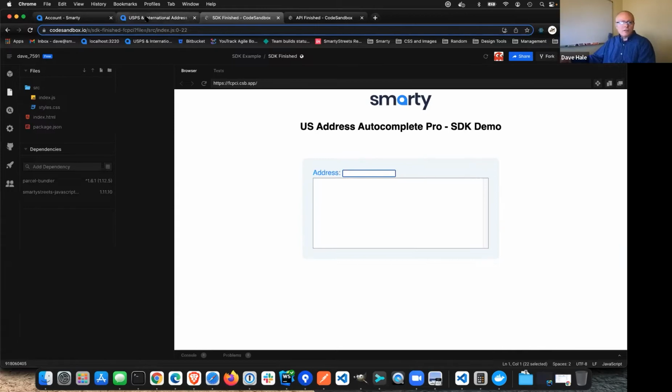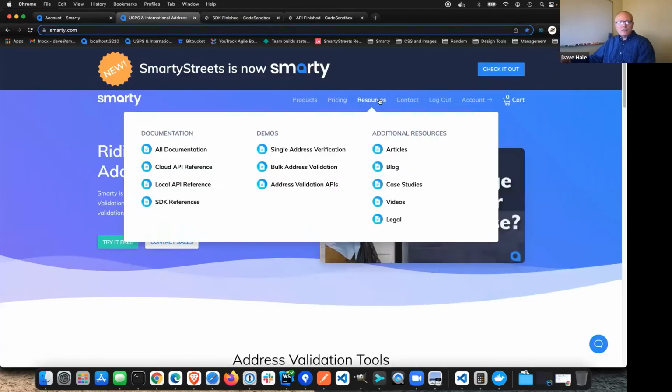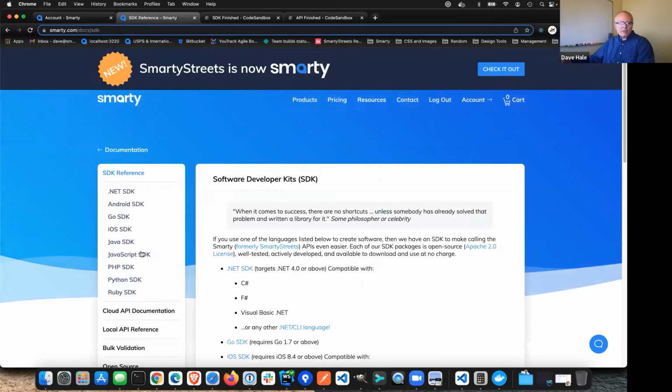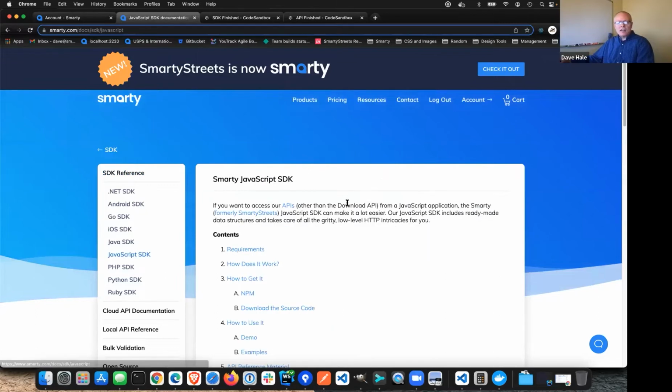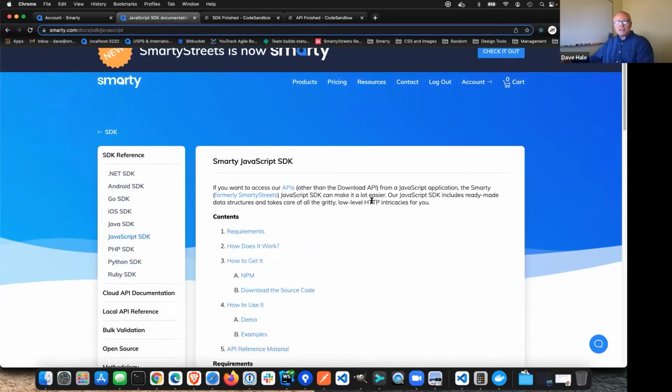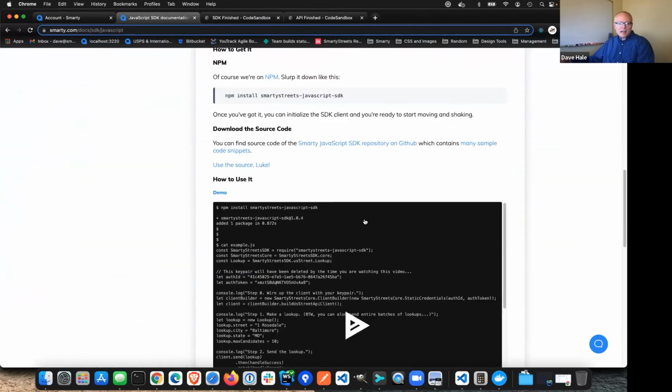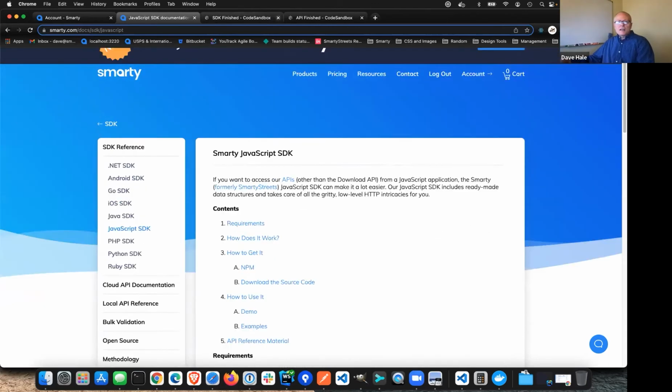Oh, and I should also show you which bit of documentation we'll be covering. So you go to resources and then you go to SDK references, since we're going to build the SDK version, and you go to JavaScript SDK. So this next bit of coding is going to be following this outline for the most part. We're going to be using